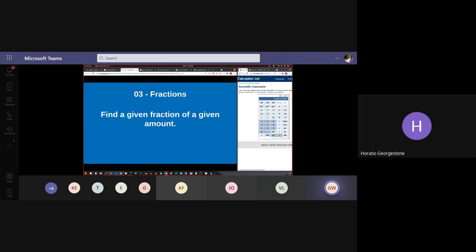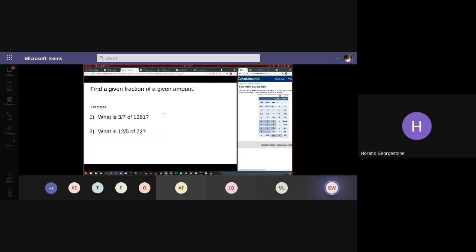Find a given fraction of a given amount. For example, what is 3/7 of 1261? What is 12/5 of 72? To do this is very straightforward. We just multiply the fraction by the amount. If you want to, you can use your fraction button, or you can simply type in the fraction as a division